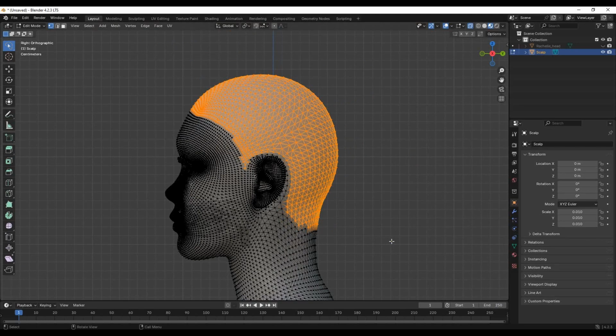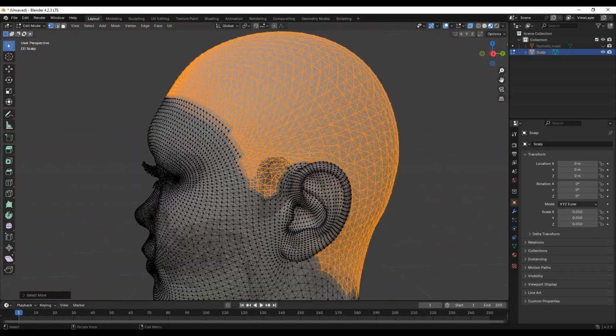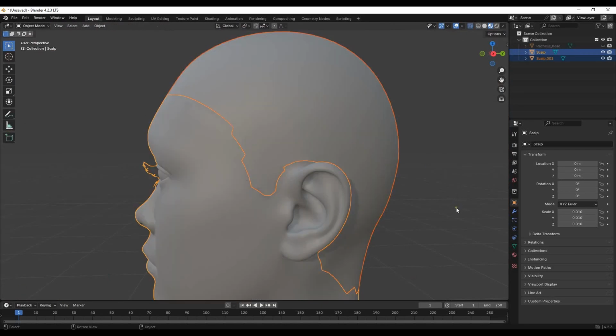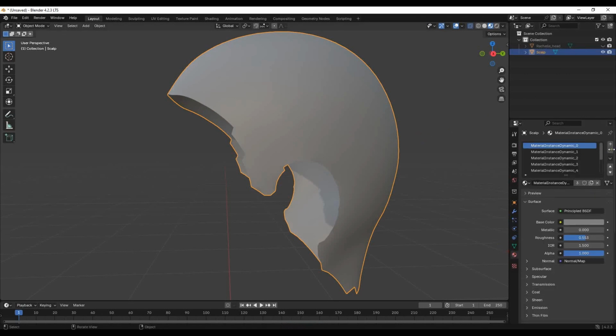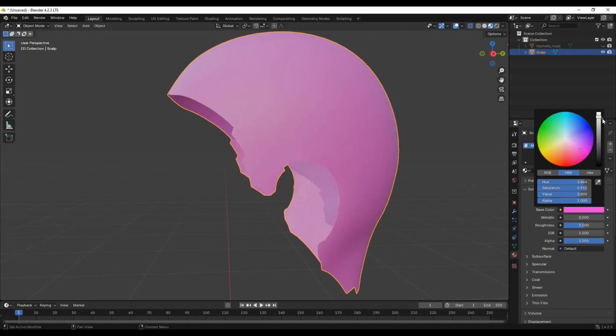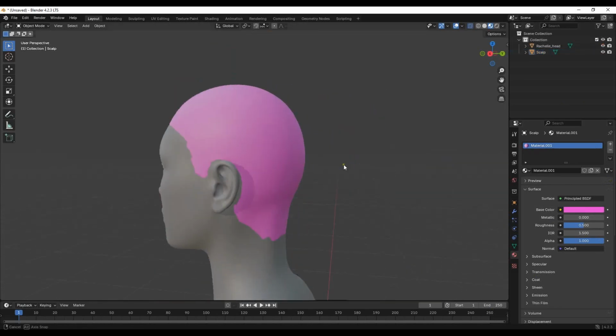Using Ctrl+, you can increase the selection area. Right-click, Separate Selection. We separated the scalp, remove the unnecessary part and rename the scalp again. We delete all materials that came from Unreal Engine and create a new material. We apply any color to make the hair creation process more convenient, to see in which area we will extend